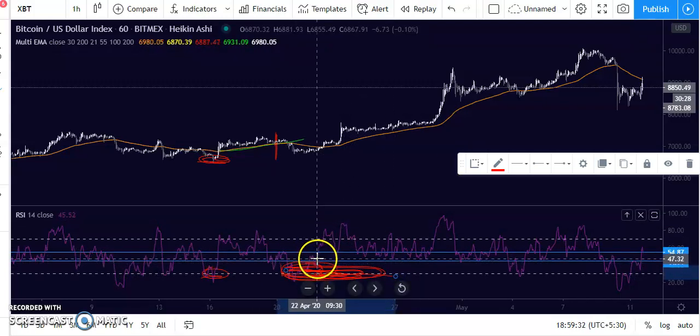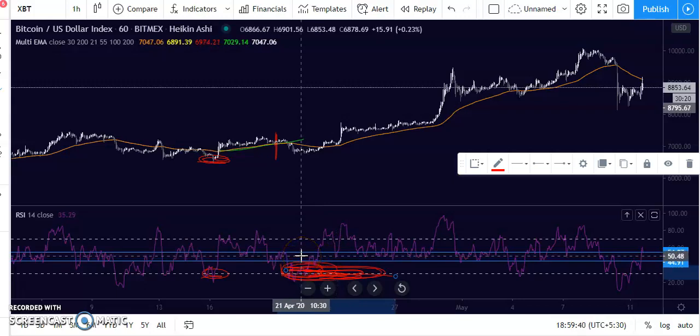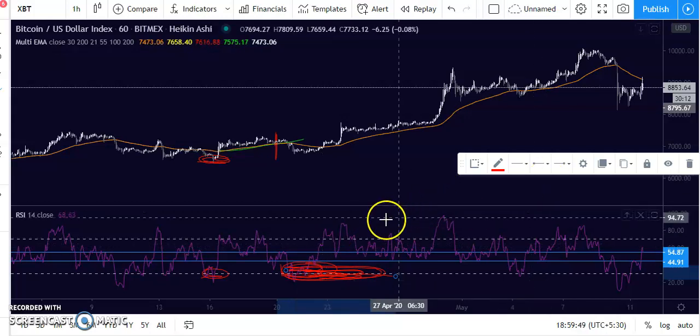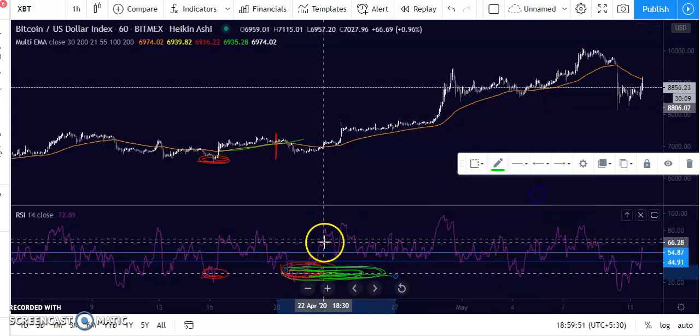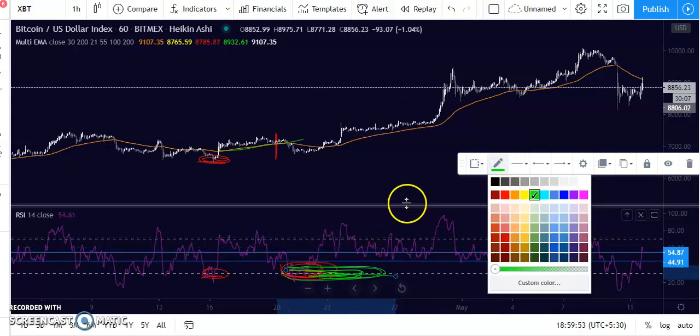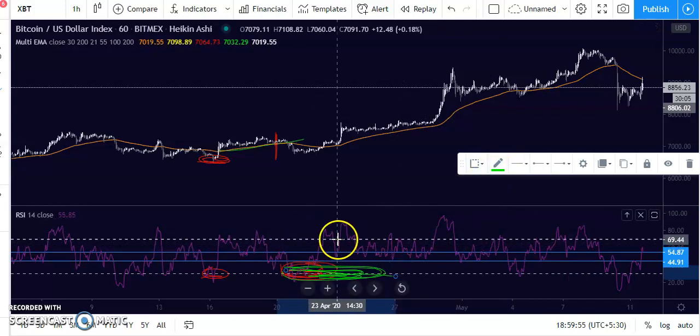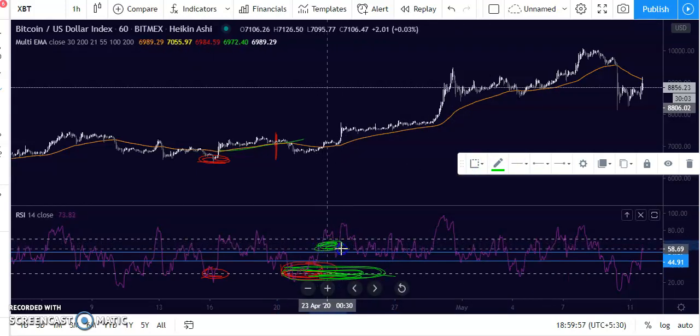The RSI is going above 45. In this region, if you are a risk taker, you take a trade with a good stop loss. Okay. Once the price is above 55, that means you got a green light. Now you increase your accelerator and go. So this is the green zone. Now what should you do? You should increase your accelerator. Now put long.